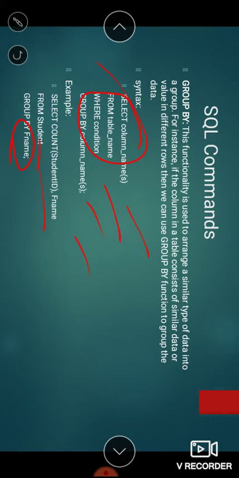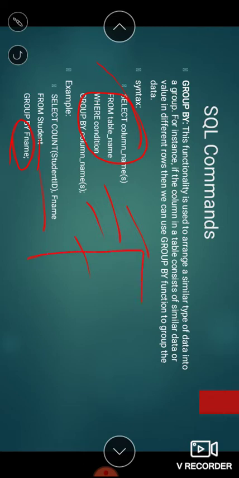If an F name is repeated 2 times, let's suppose, it will take that F name as a single F name and simply count how many times that F name is repeated in the table.